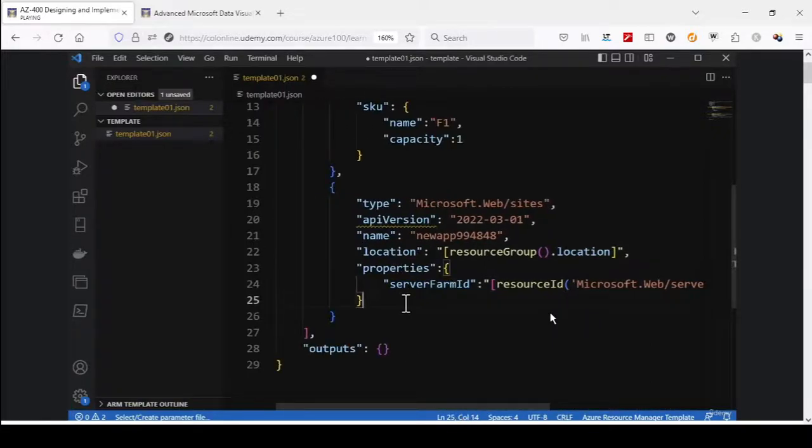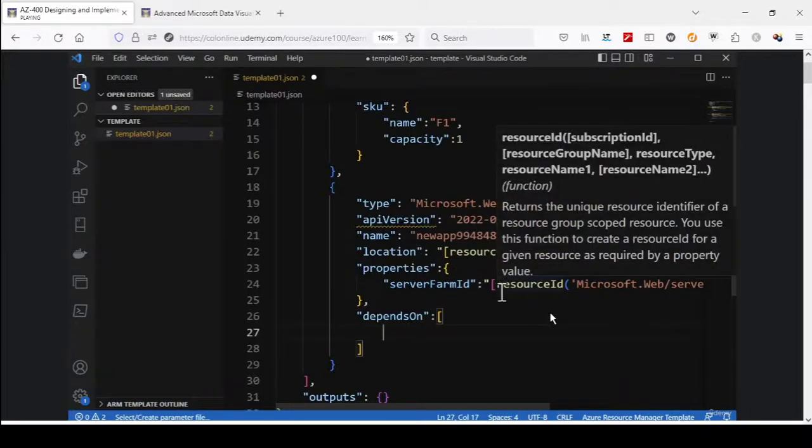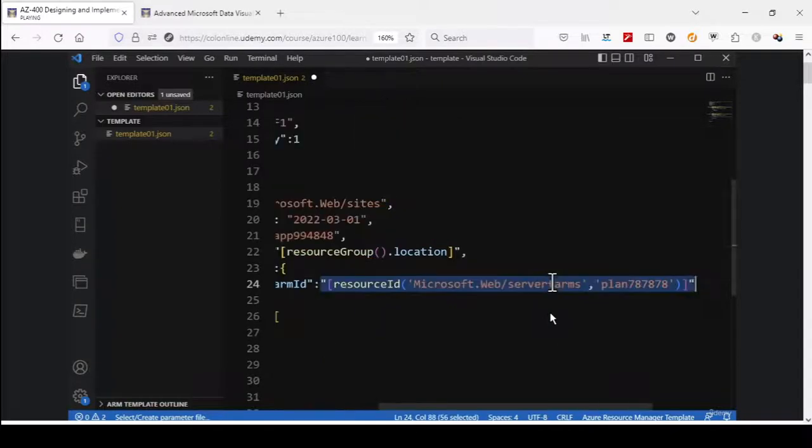I'm also going to add something known as a depends on clause. Here we're just trying to say that this Azure web app has a dependency on the app service plan. So we should tell Azure, please ensure to first create the app service plan before you create this Azure web app. In the depends on, we can again mention the resource ID. So I can just copy this